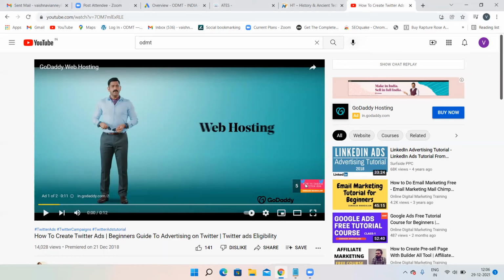Where will video discovery ads appear? In-stream ads, that is both skippable and non-skippable ads, are going to appear in a particular video, at the starting of the video or at the end of the video or in between the video. But where are video discovery ads going to appear? Video discovery ads will not appear in this particular thing.